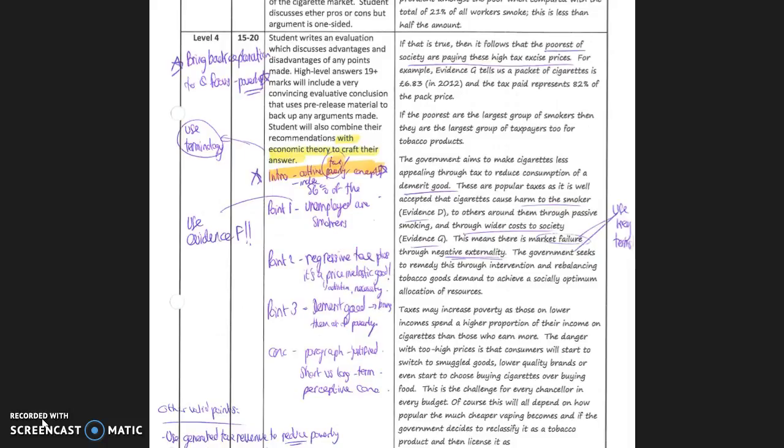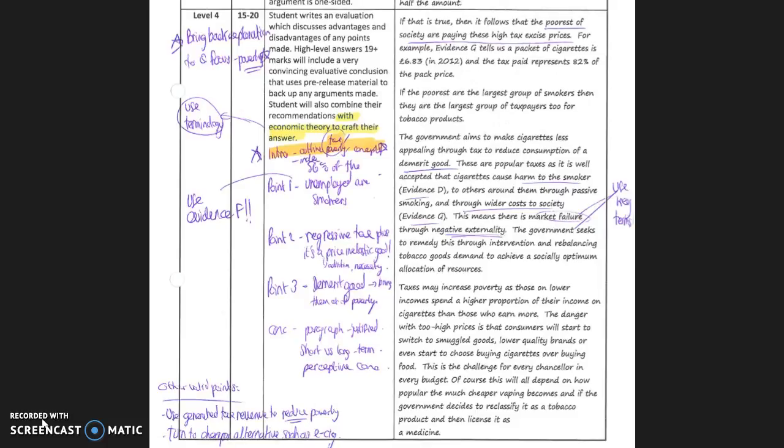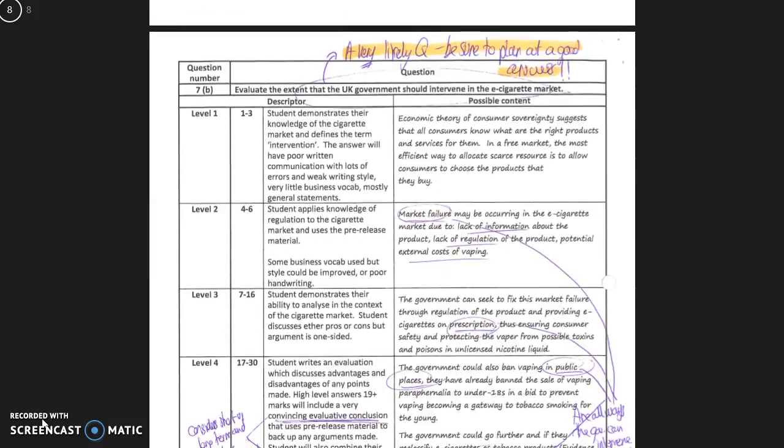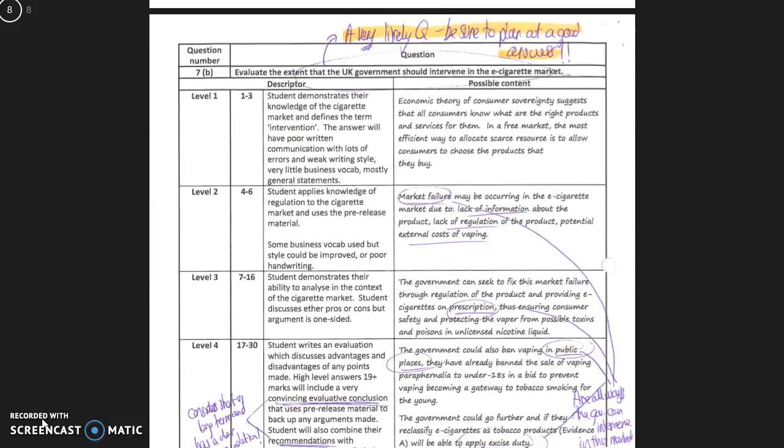Okay, so overall, it was answered quite well, I'd say. 7B was a bit better. I think we discussed that kind of question before. So that was a tricky little question, really. And then your 7B, I think, is a very, very likely question. Please be sure to plan out a nice model answer for this and kind of learn it off as a